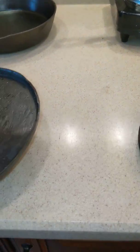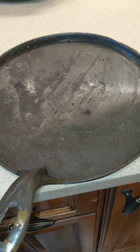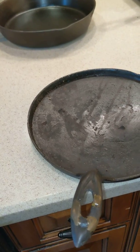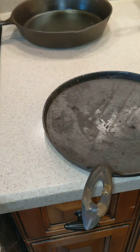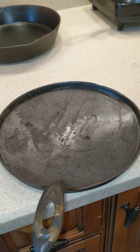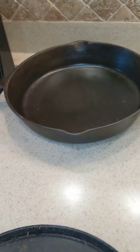Like I shared before, these are just helpful tips to get you to understand there are types of cast iron that you really need to stay away from when you go to antique stores or estate sales, yard sales, etc. And you really want to get your money's worth. And pieces that I really like to use